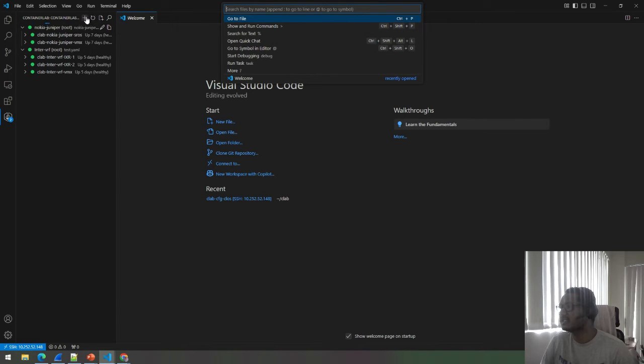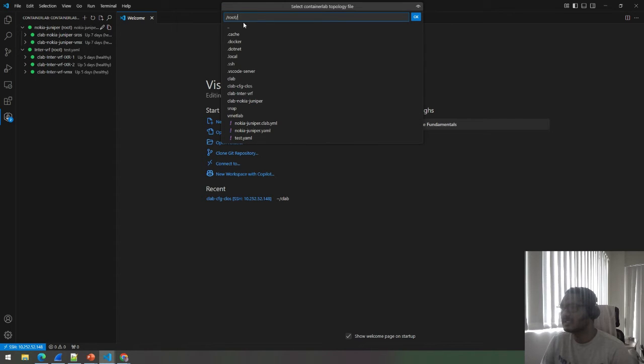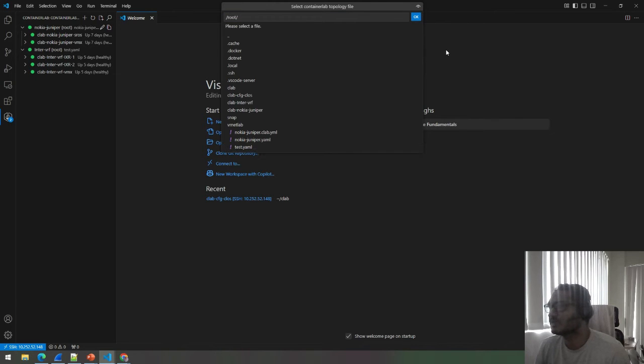Also, if you want to deploy any file, you can click here. Right here it will show you the options. So you can go to your directory file from here only, and then you can directly deploy your topology. So that is one option. The second option is